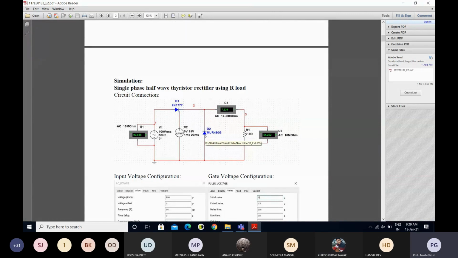Why did you put this diode? What is the benefit of this diode? What is the motivation behind putting it? Sir, during simulation I did not take the diode, but while taking the pictures with the snipping tool, I included the diode, sir. That is the only issue, sir. The results are without the diode. Okay.